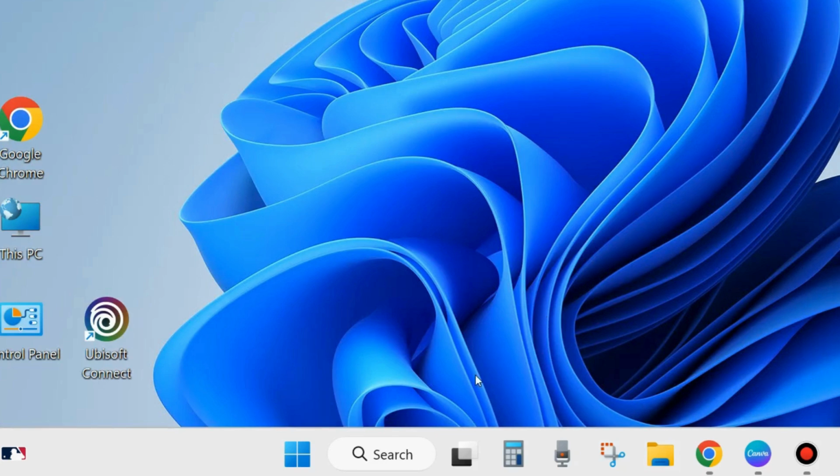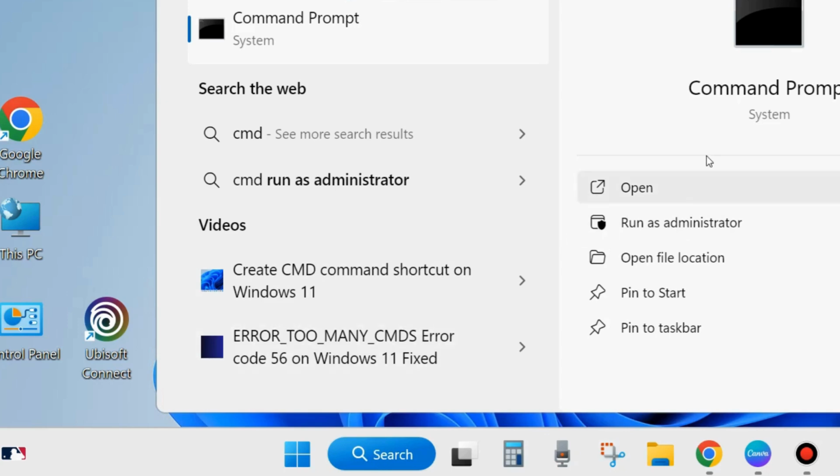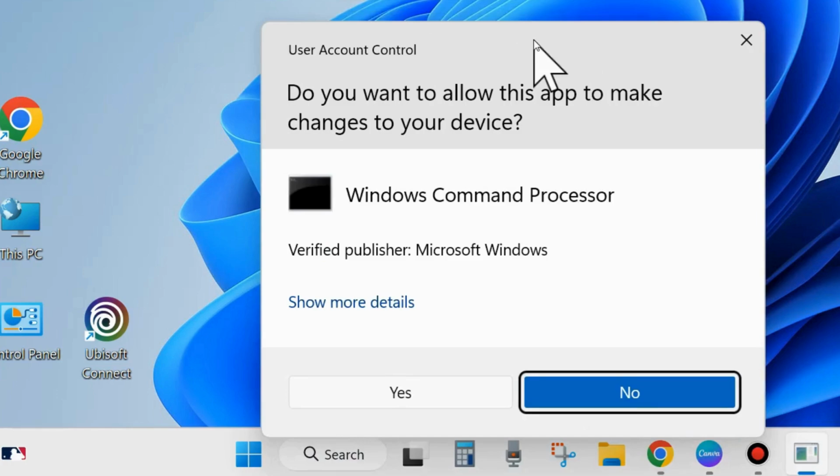Go to Windows search and type CMD and open Command Prompt. Run as administrator mode. A pop-up window will appear.